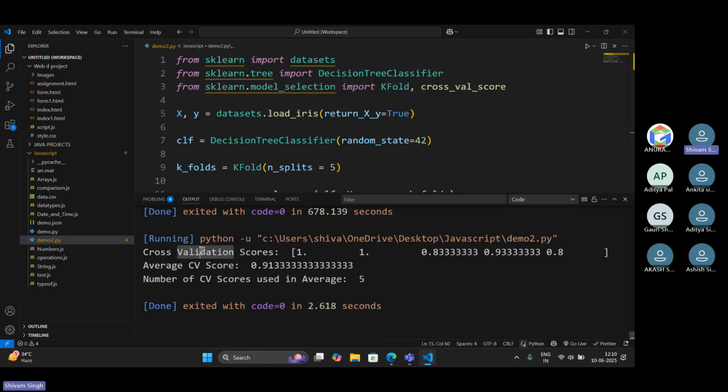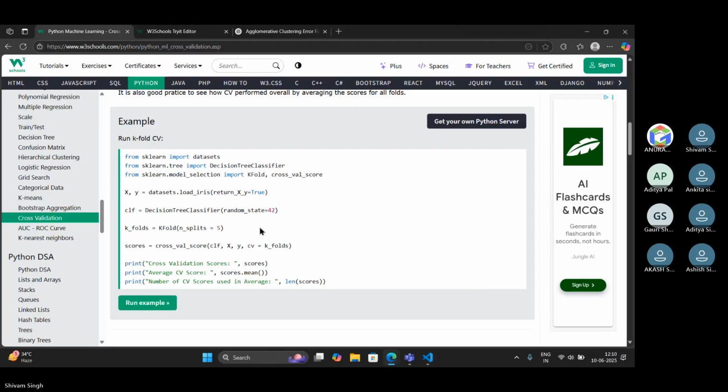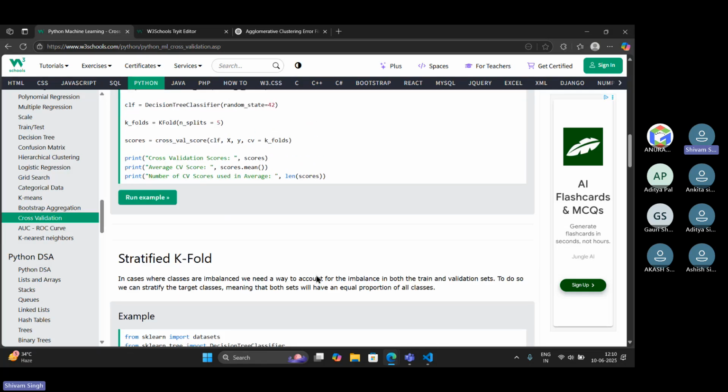Our cross validation scores are 1, 0.8, 0.9, 0.8 again. So the average cross validation score is 0.91, and the number of cross validation scores used in the average is 5. So here we use 5 splits.